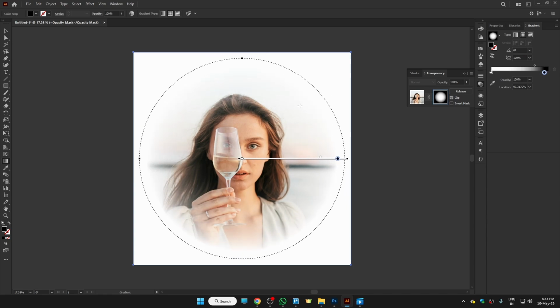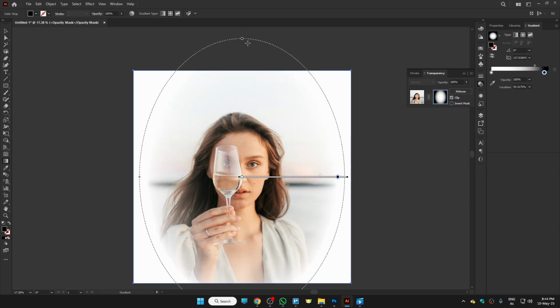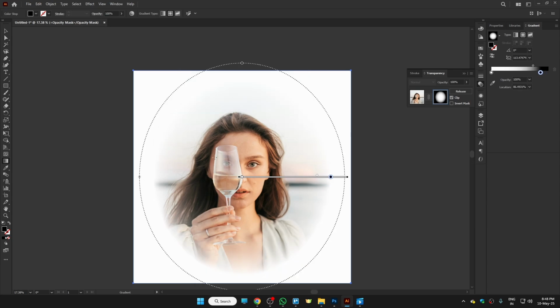And not only that, if you want to distort this, you can do that too. Just go to this point and move it upward or downward to increase or decrease the blurriness. Now once you're satisfied with the results, it's time to get rid of this mask